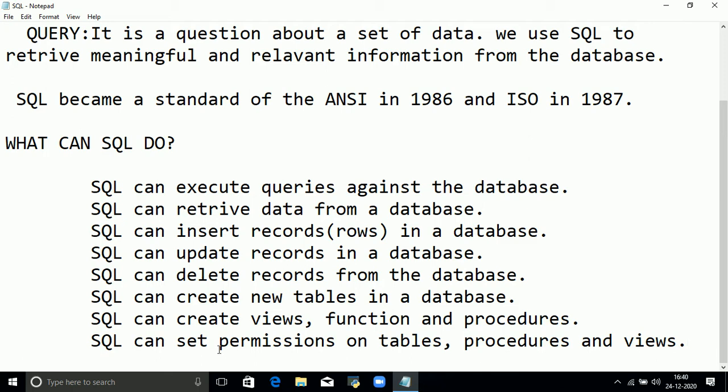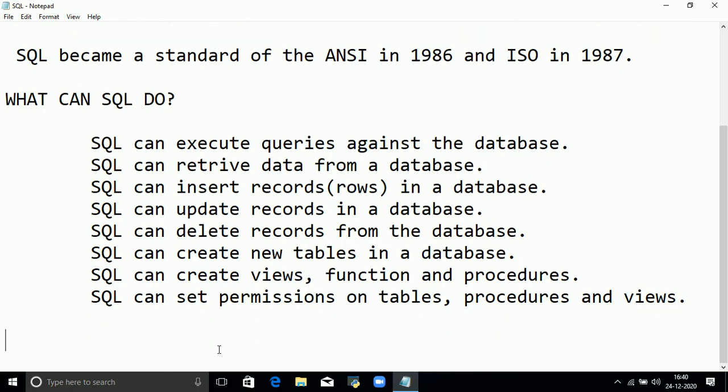SQL has different commands, which we call SQL commands.